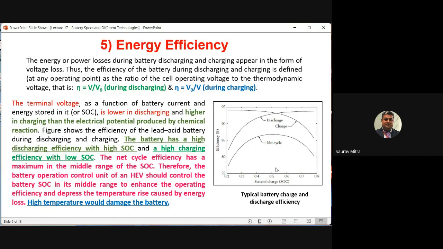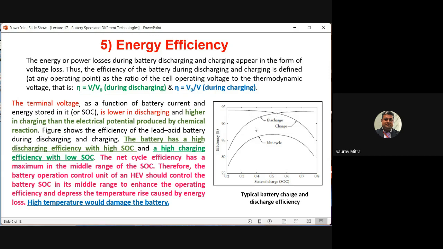At the very center, whenever the state of charge is 0.5, I think I have given you the definition of state of charge: SOC(t) equals SOC(t minus 1) plus some time parameter. So a state of charge of 0.5 means 50% charge is remaining, and you find that for both charging and discharging, when 50% charge is remaining, the efficiency of the charging and discharging process is highest. Whenever I keep the battery 50% charged or 50% discharged, charging or discharging happens at a much faster rate.